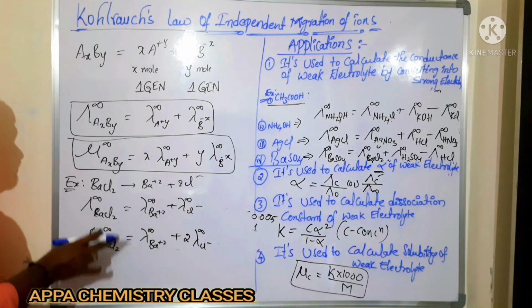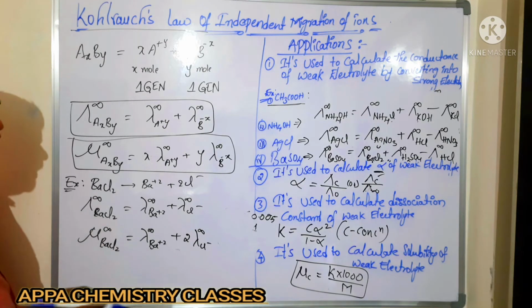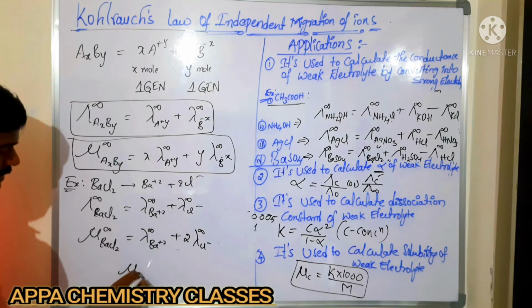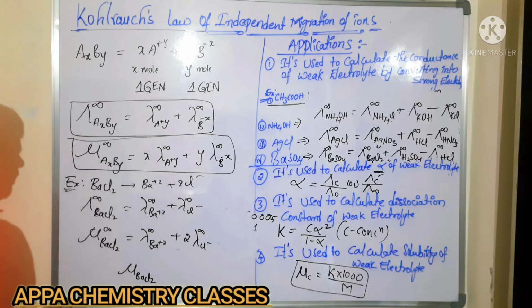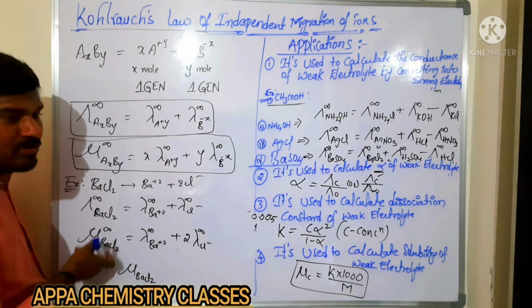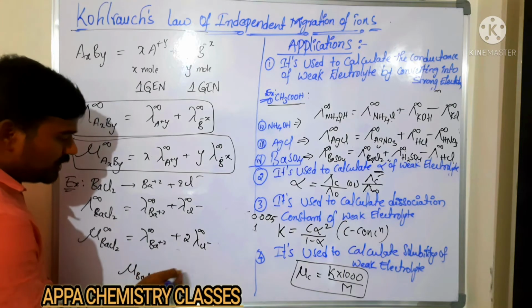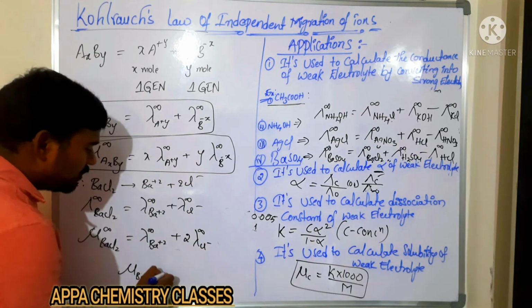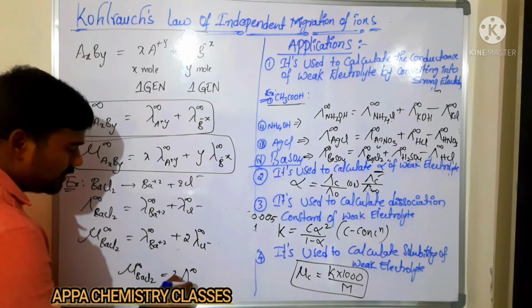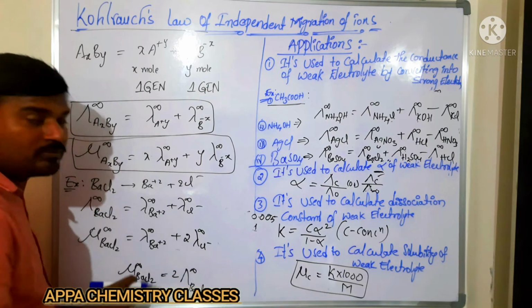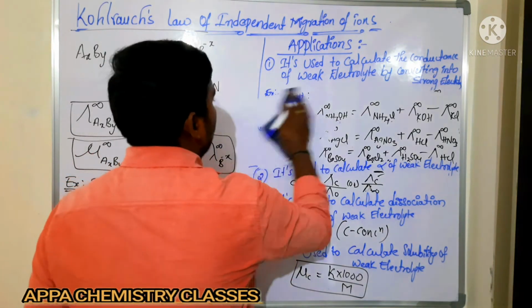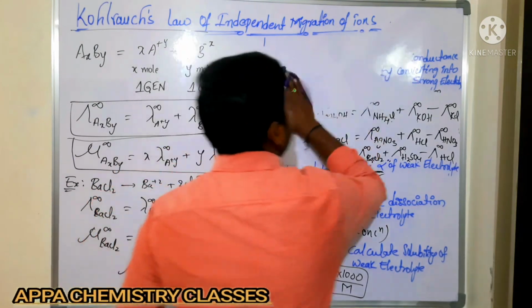Now what is the relation between molar and equivalent conductance? We had seen it there. Once again I am going to tell you here. For barium chloride, molar conductance by equivalent conductance is equal to molarity by normality, which is equal to Z. So molar conductance is 2 into the equivalent conductance in this case of barium chloride. Is that clear? Next we are going to see some more examples. You can take different types of examples here.